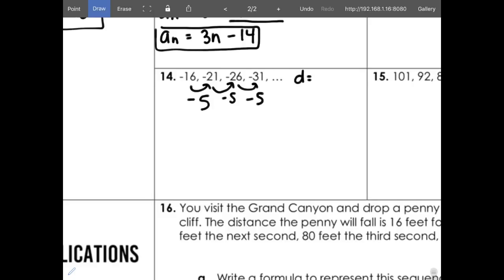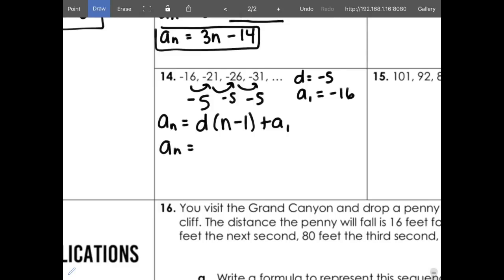We just want to check to make sure our common difference is the same all the way down, and it is. It's negative 5. And then we have our first term, a sub 1, which is negative 16. This is always our first term. Now we plug it into our formula. a sub n equals d times n minus 1 plus a sub 1. So a sub n equals, our difference here is negative 5, times n minus 1 plus,